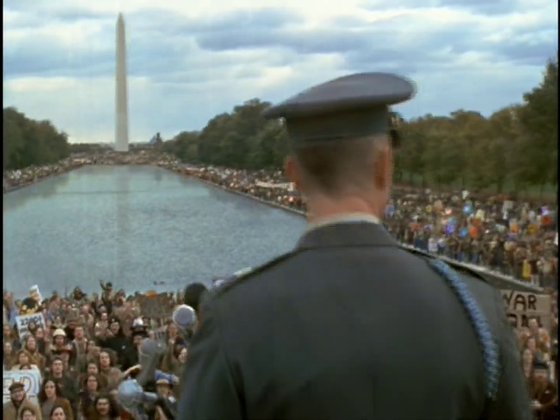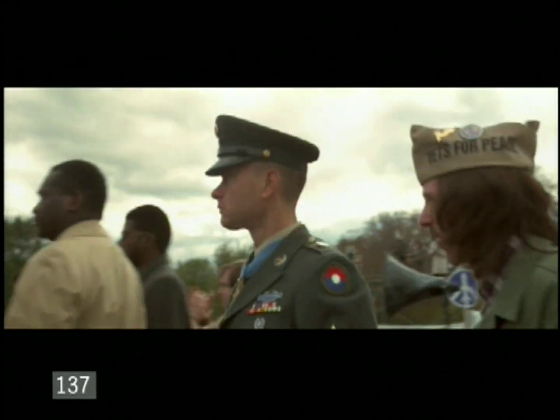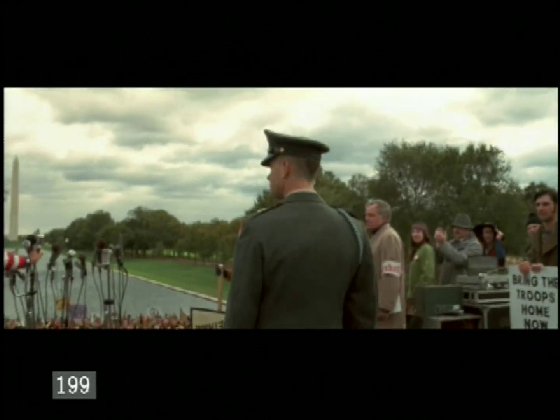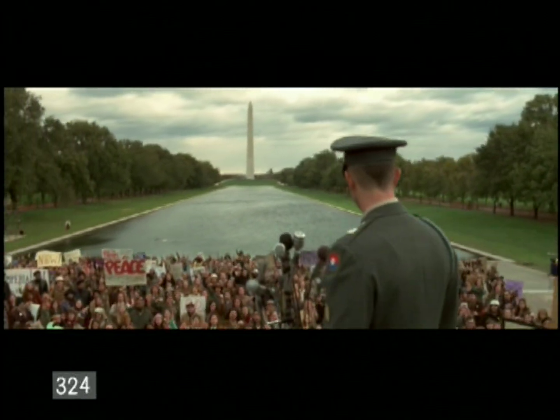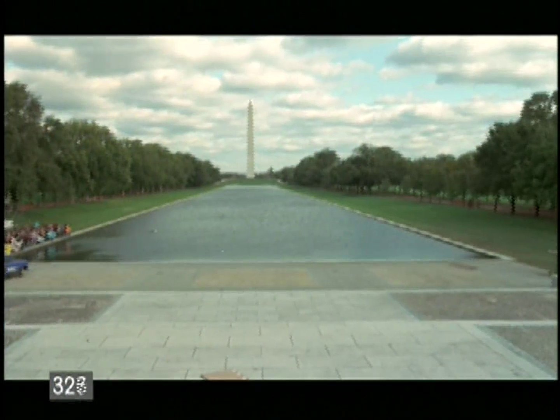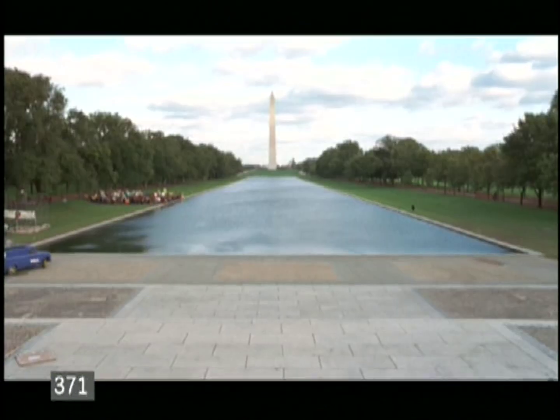So the process was to set the camera up the day before and rehearse with Tom or a stand-in, just getting the move down, the basic positions down, because the crowd has been designed by me to be in the foreground. Then through a series of shots during the rest of the day, when we get the main shot done, I'm going to move the crowd from this quadrant to this quadrant, to this quadrant, and try to fill up that space all along the reflecting pool,